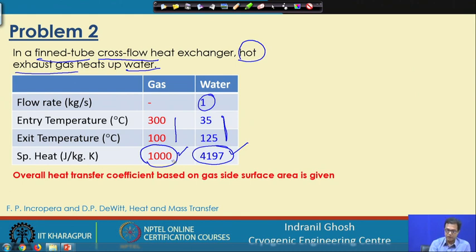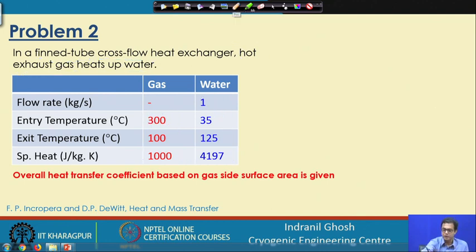The specific heat of the gas side fluid is 1000 joule per kg Kelvin, and for the water side it is 4197 joule per kg Kelvin. The hot gas is entering at 300 and getting cooled to 100, whereas the water is getting warmed up from 35 to 125 degree centigrade. So, with this information, if we now look into it,